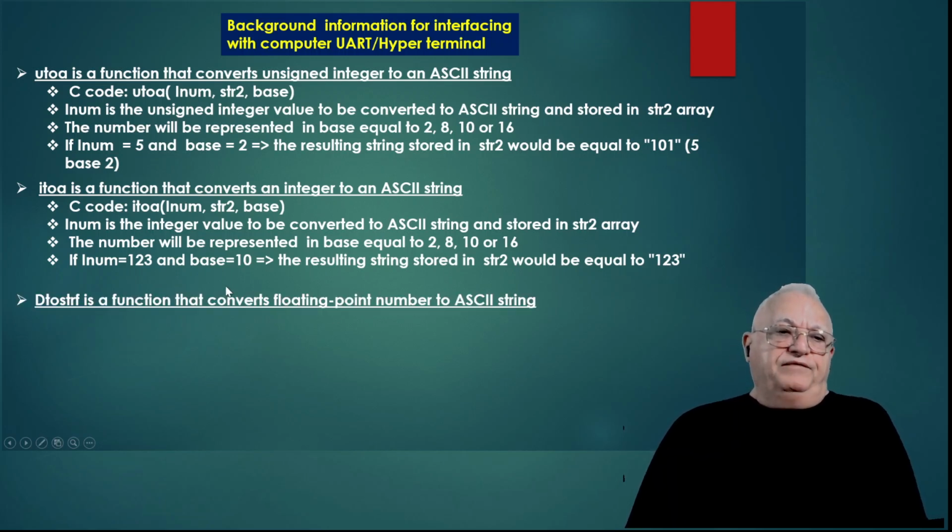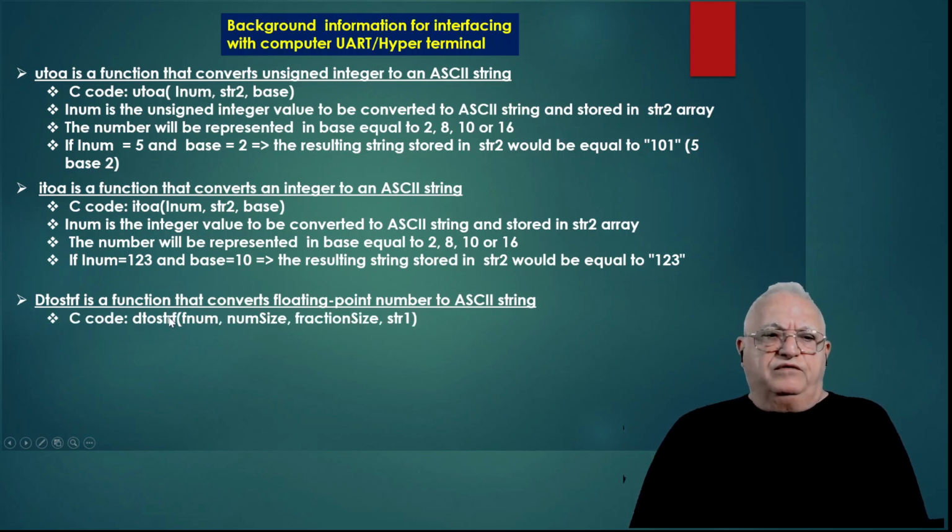So the final function is going to be the one that converts the floating point to an ASCII string. That's the DTOSTRF function, and it's a function that converts a floating point number into an ASCII string. So this is what the line of code would look like. We would type